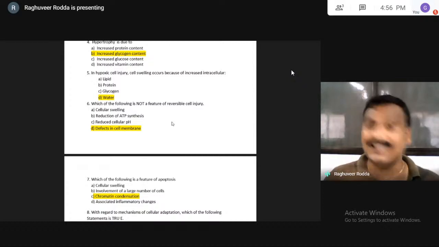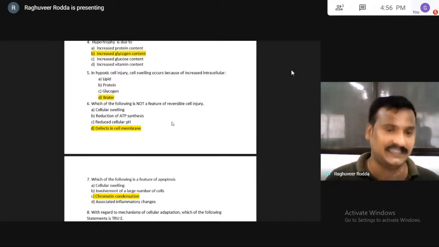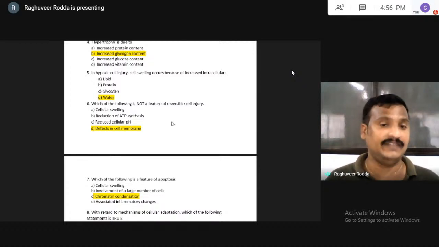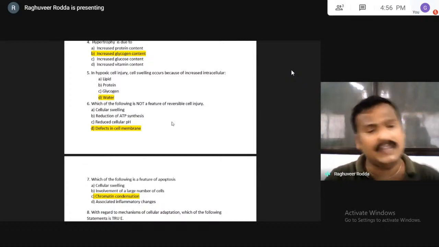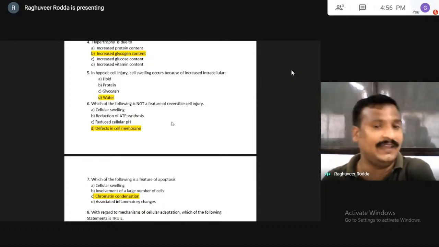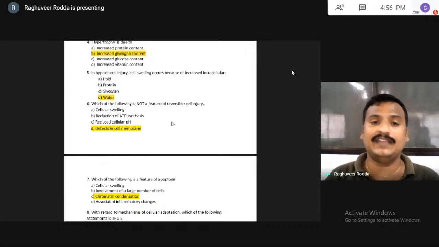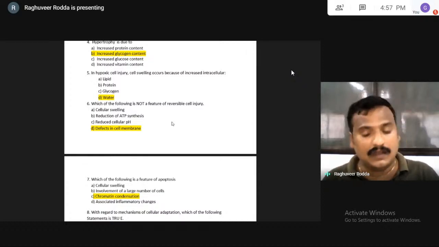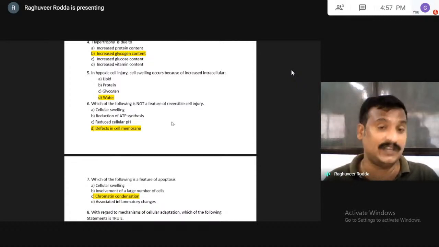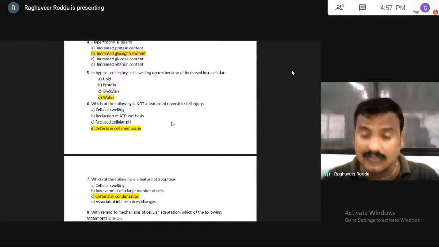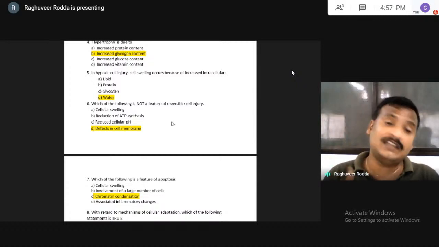So again, it abolishes all the cellular activities, especially when ATP production is stopped by aerobic respiration. Immediately the cell will switch to anaerobic respiration by utilizing glycogen content, which will be converted into pyruvate. And when glycogen is utilized for the production of energy, there is a production of lactic